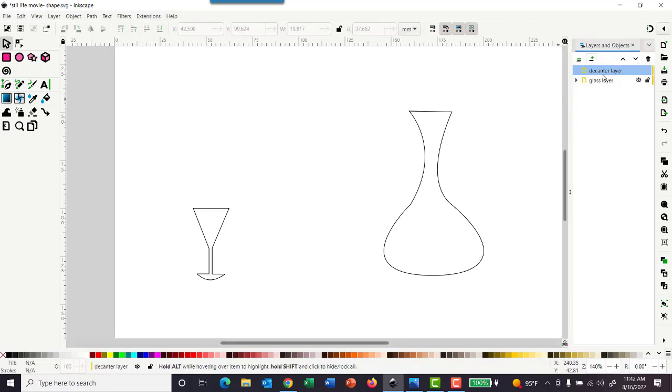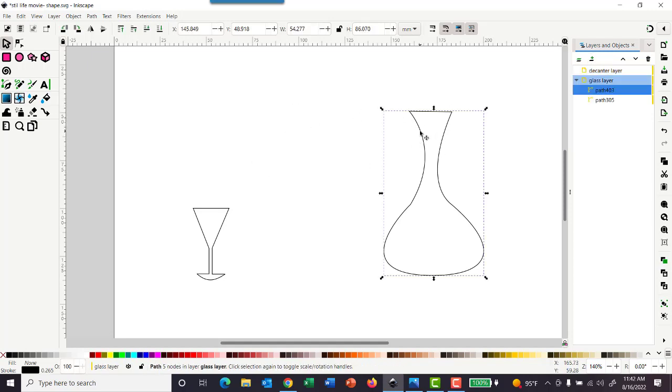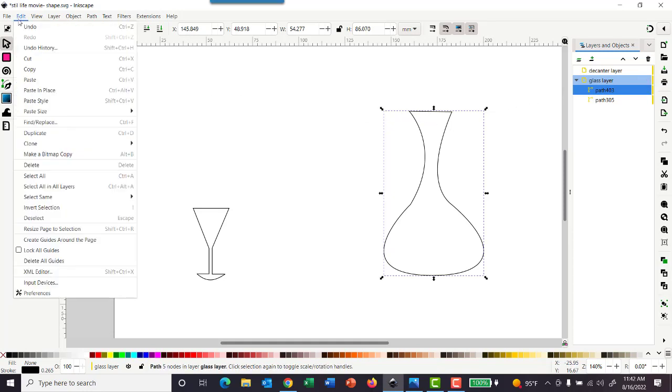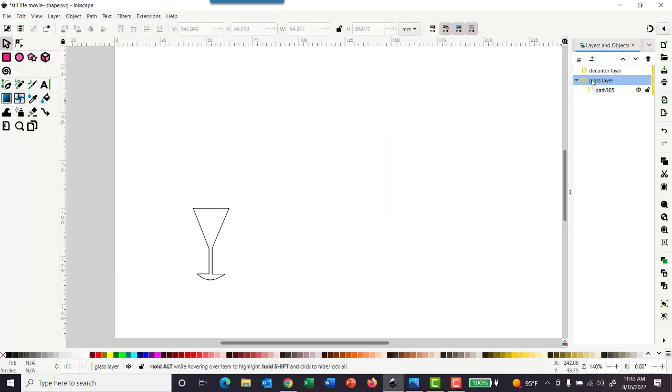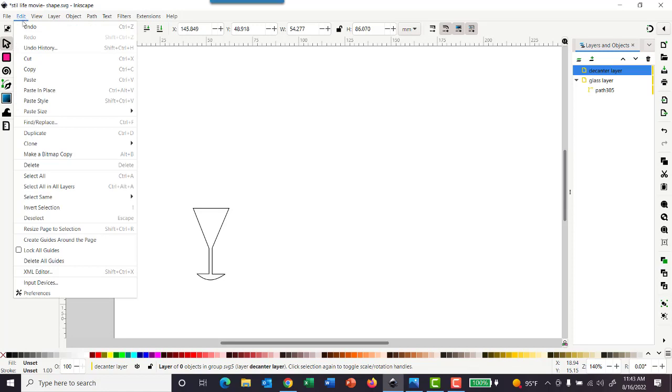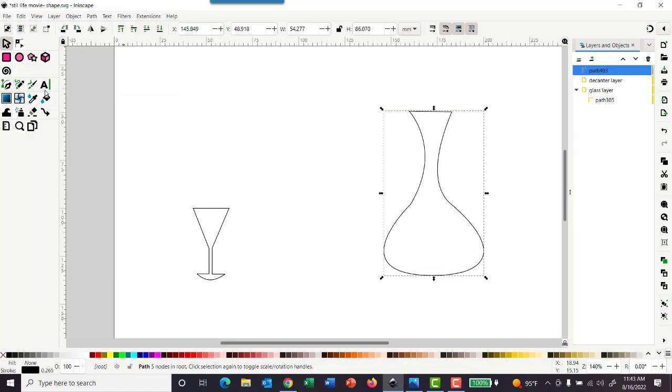All right, so right now I'm on the decanter layer. So let me see if I can touch. Yes, as soon as I touch the decanter, which is on the glass layer at this moment, you saw the highlight go to the glass layer. So what we're going to do is we're going to select the decanter. We're going to go to Edit. We're going to go to Cut. And we're going to click on the decanter layer. We're going to Edit, and we're going to go to Paste in Place. Okay. Now, we can hide it